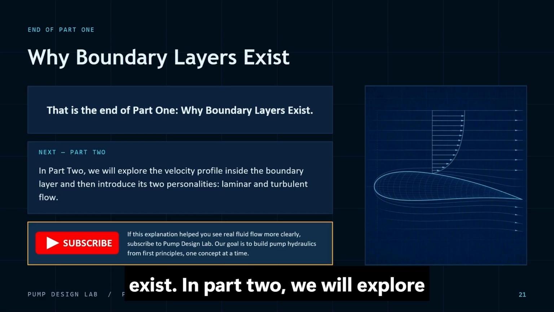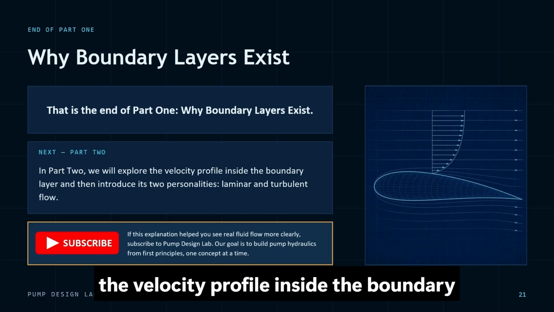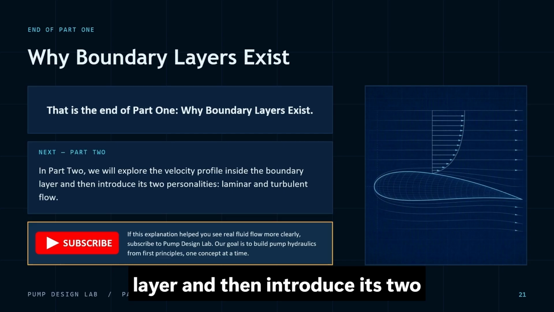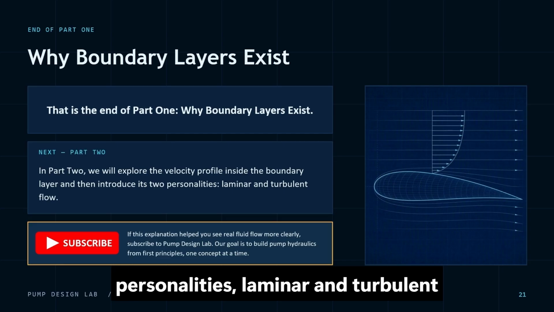In Part 2, we will explore the velocity profile inside the boundary layer and then introduce its two personalities, laminar